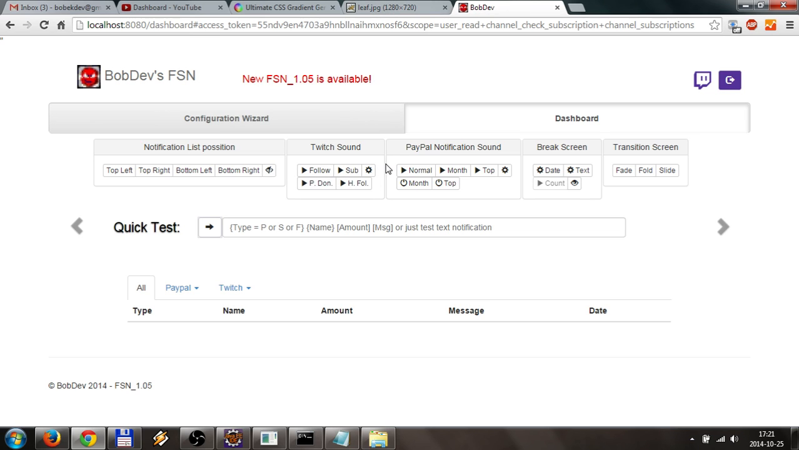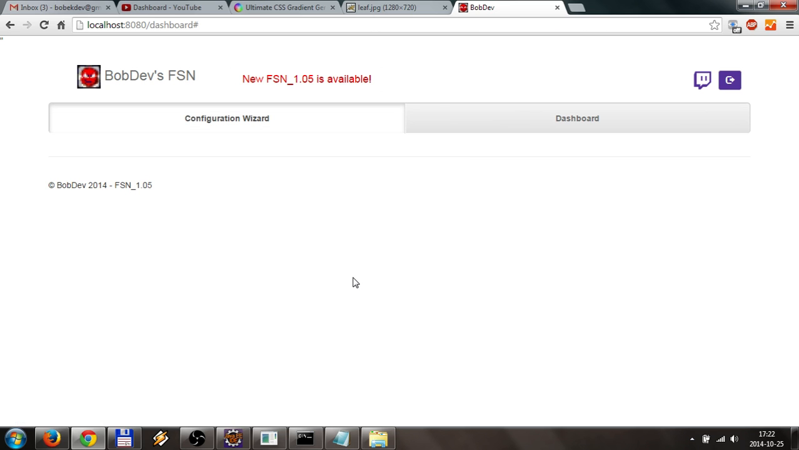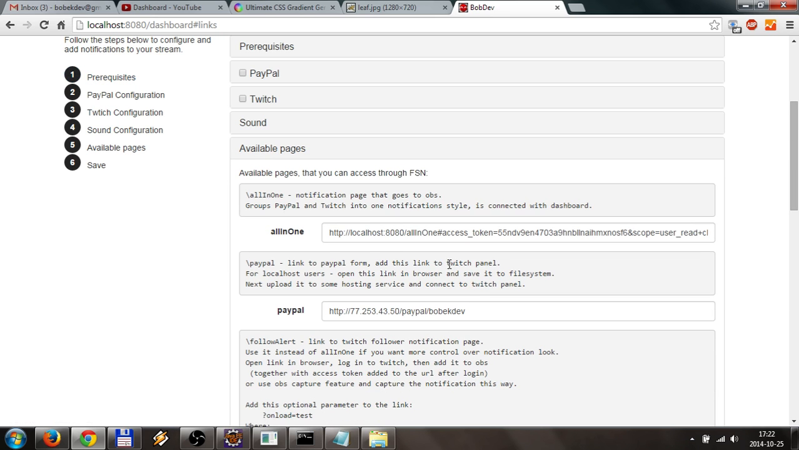Hi, today I'm gonna show you how to change notification looks and how to do it with that new jar file. First, you usually want to experiment with the CSS and see what you can change. To do that, just go to the configuration wizard, to the available pages, and copy the all-in-one link. This is the same link that normally goes to OBS. So just copy that and paste it to another tab